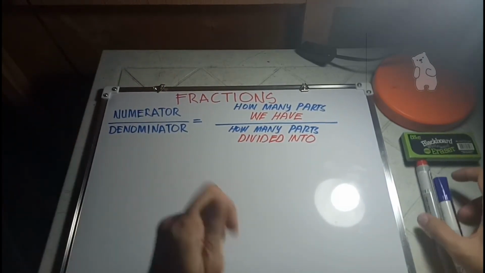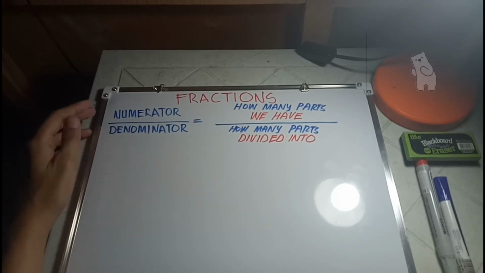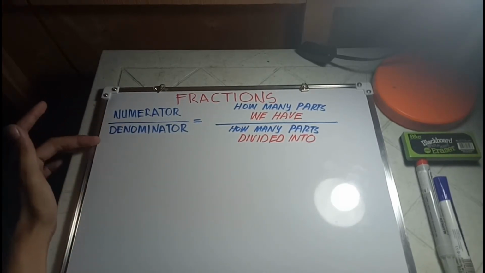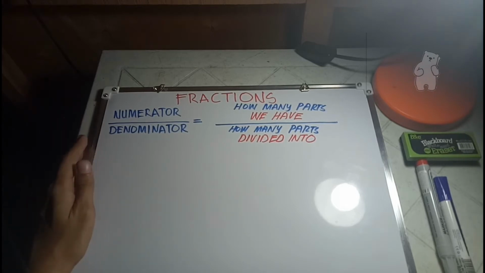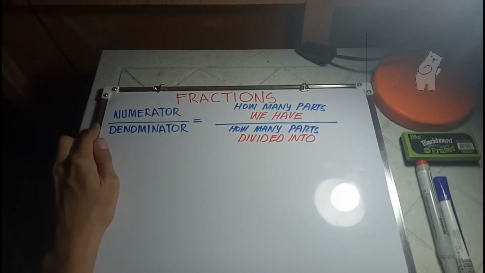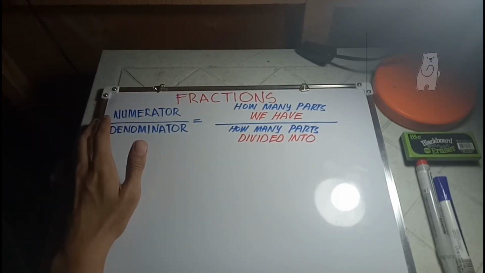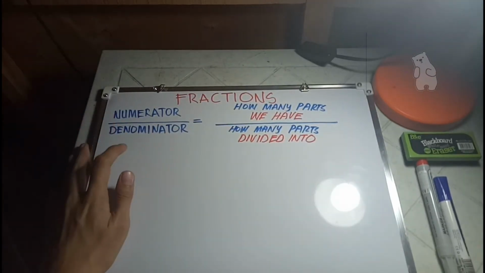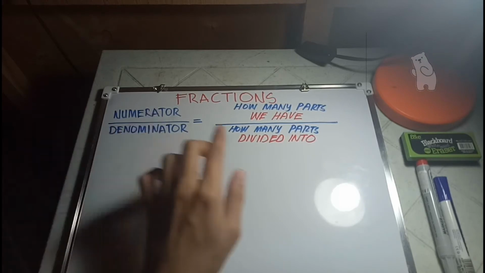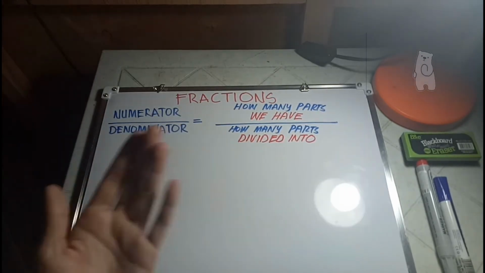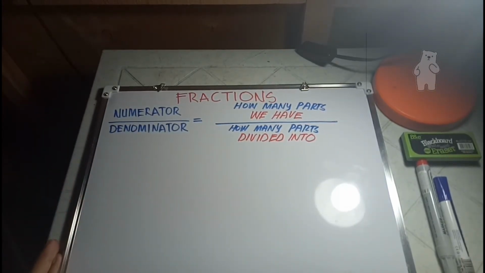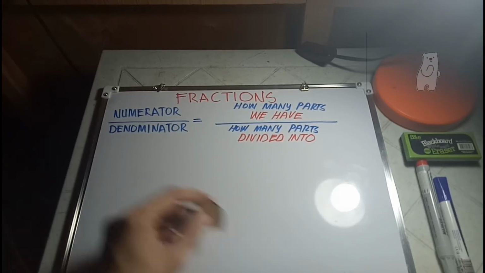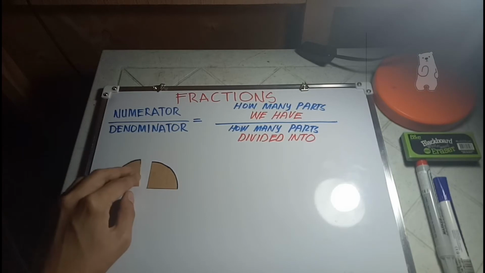Okay, so fractions is composed of the numerator and denominator. They are separated by a dash line or a division. Numerator represents how many parts we have, while the denominator represents how many parts it is divided into. So for example po, let's say